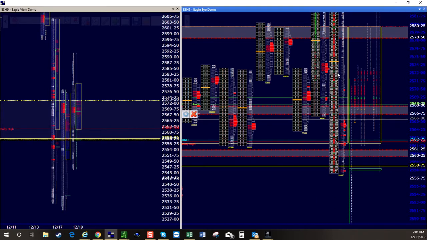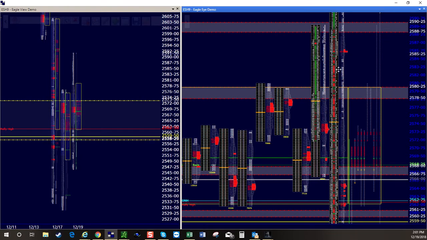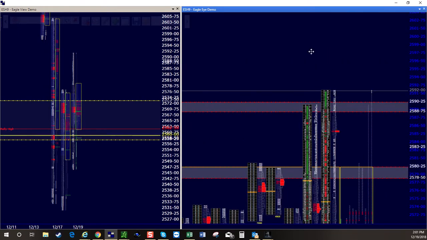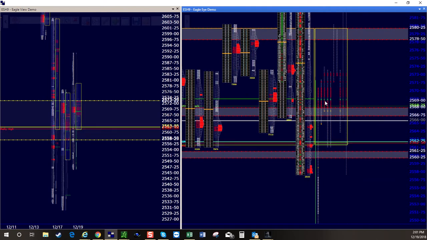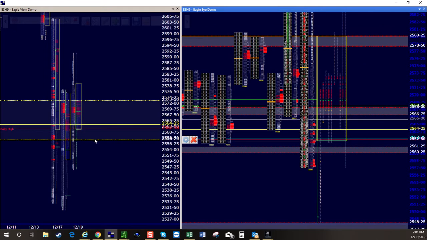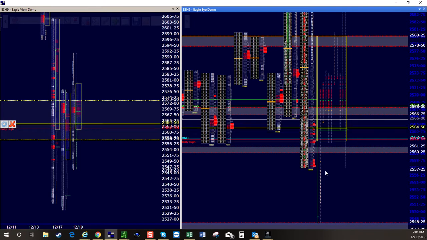And we have an incomplete comparator at the high. Okay, so I'm watching that. The point of control is 8 wide, meaning that the point of control is not going to move. So if the market's going to do something,